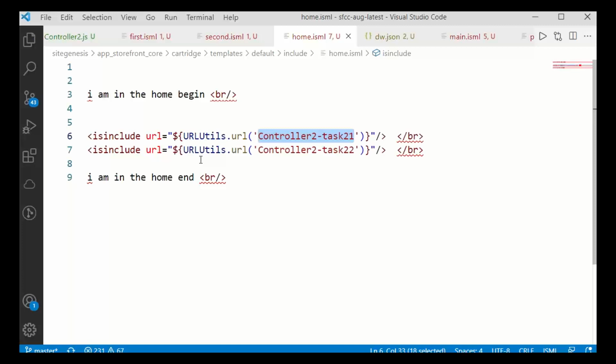This is very important. Let us consider one scenario. If template required something from the backend, then don't include the template straight away. Give a call to controller. Controller will be ensuring whatever is required for the template. It is very advisable calling from one template to another template through controller.